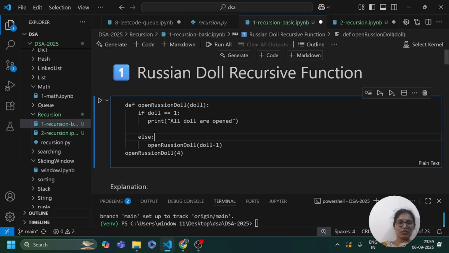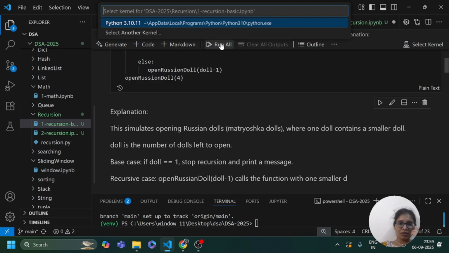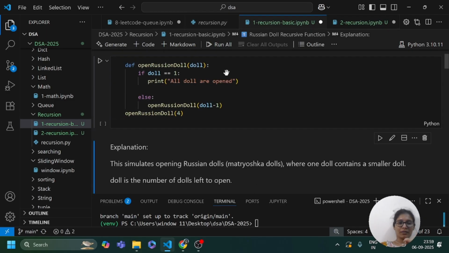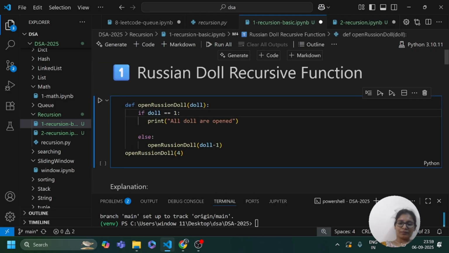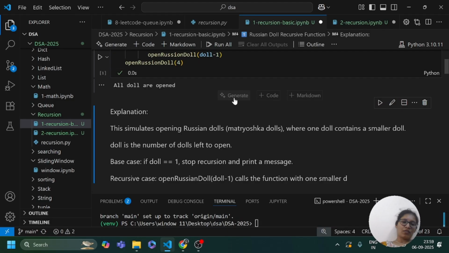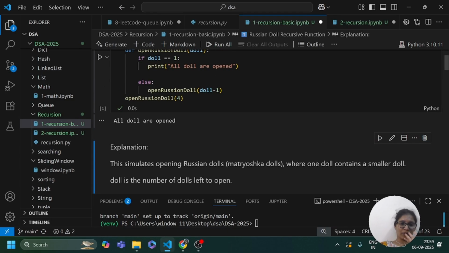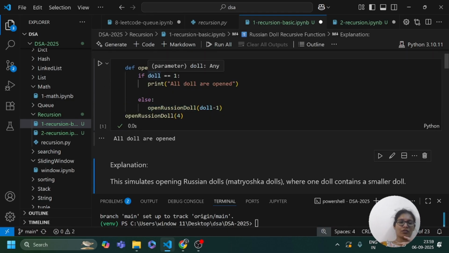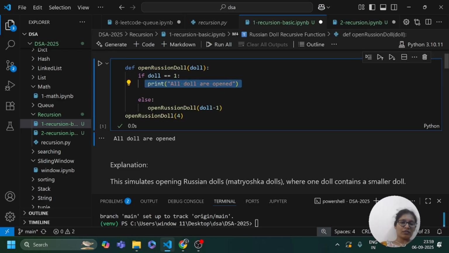So here you can see this function call here. I am going to run it, select environment. Okay, so all dolls are open. Here, if doll equals 1, print all dolls are open, and else open Russian doll with doll minus 1,